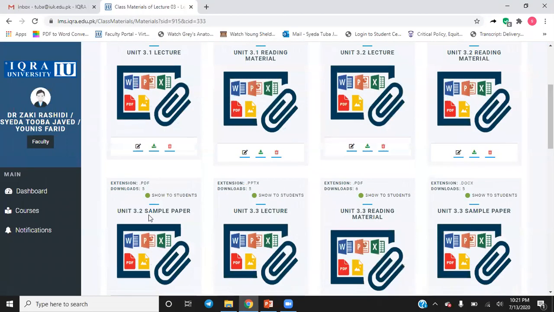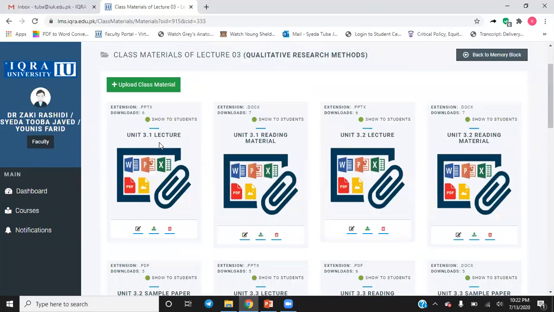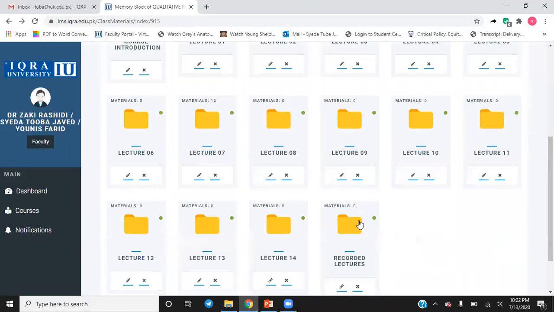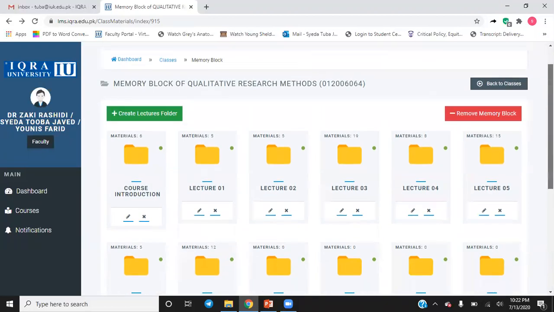Sometimes we have even provided some sample research papers, because it is important to go through research papers if you want to understand research. For each of them, it is marked and tells you the material, even if you need to read only one page. So for your understanding, we have the PowerPoint presentations, the reading material, and the recorded lectures, which will be for week 1 till week 14. I'll be continually recording the lectures and placing them over there.